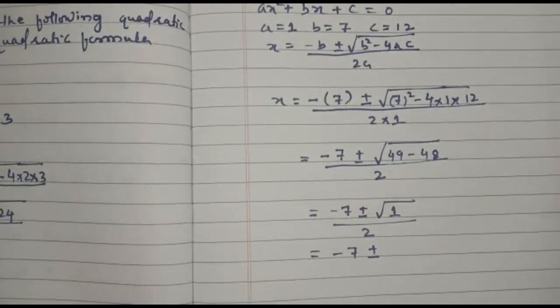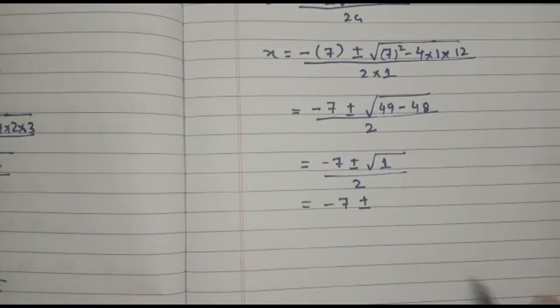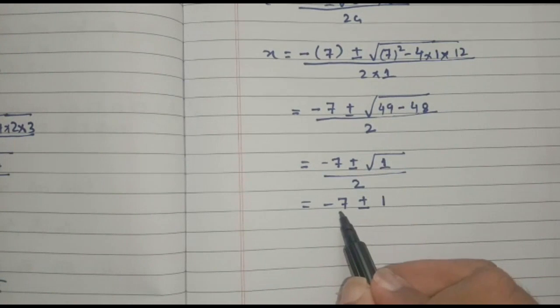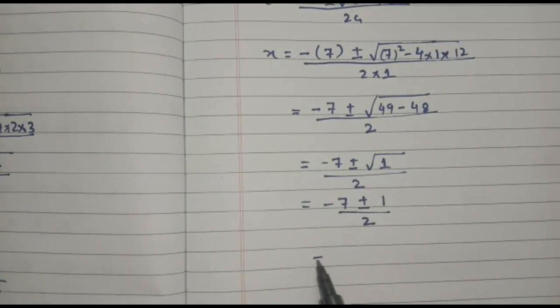Minus 7 as it is, under root of 1 is 1, divided by 2, is equal to minus 7